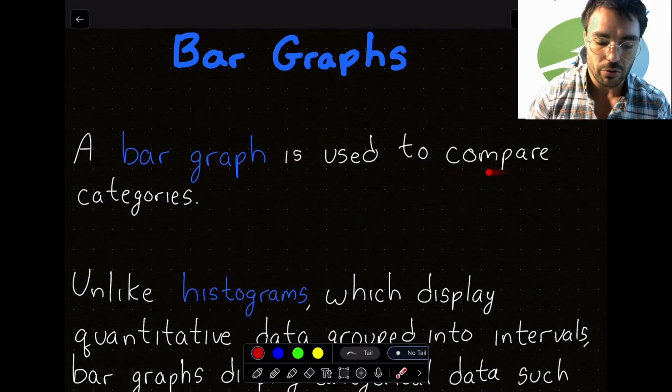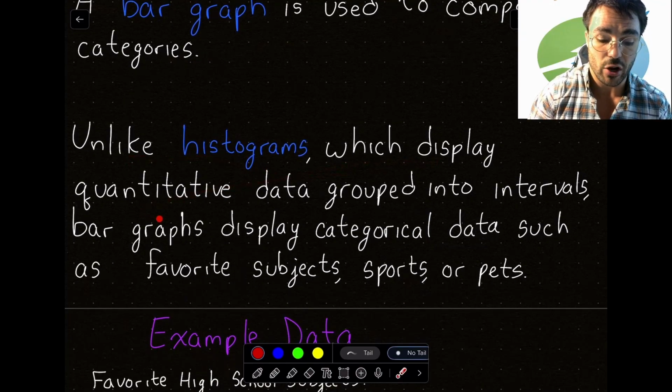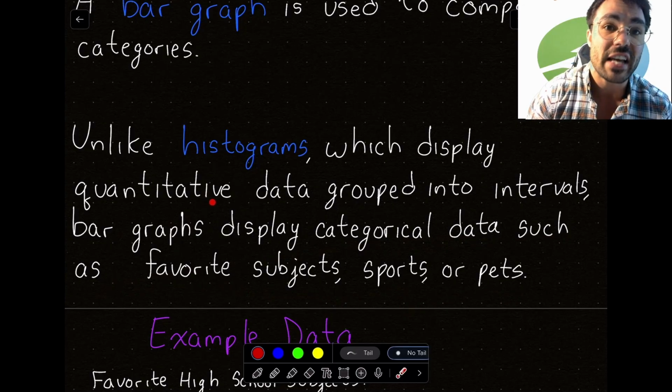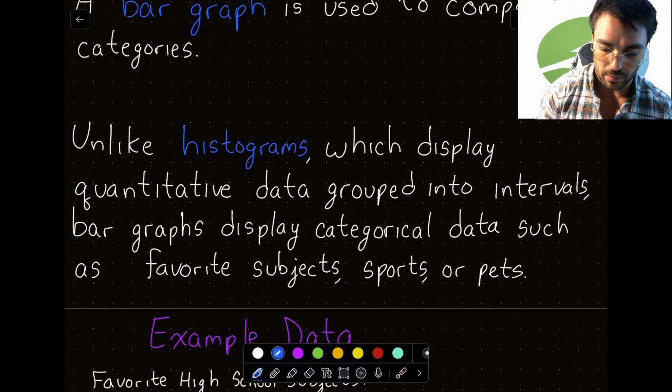A bar graph is used to compare categories. Unlike histograms, which display quantitative data grouped into intervals, bar graphs display categorical data such as favorite subjects, sports, or pets. Quantitative data is data that refers to numbers, and categorical data, which you will also see called